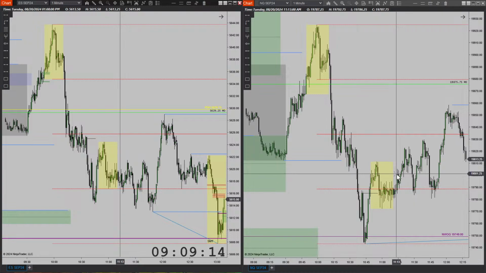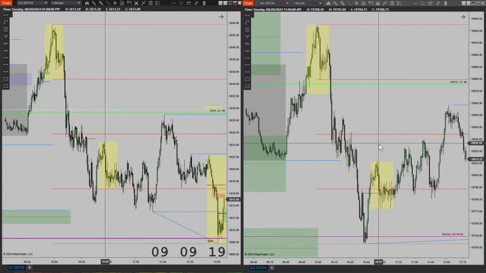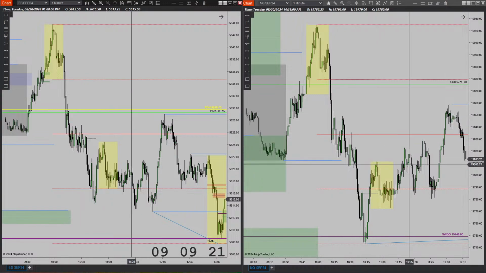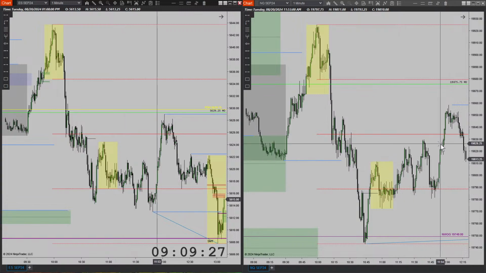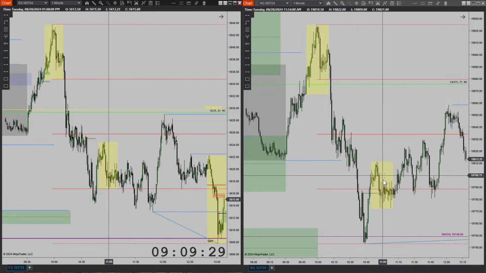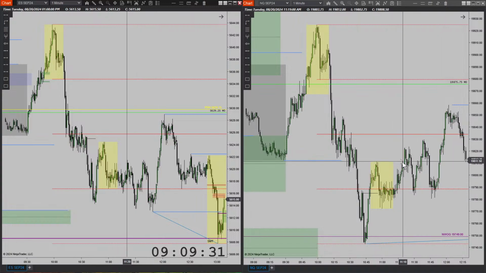Only after price closed above 50% of the range, I jumped in, and honestly, I jumped in a little too high. I actually jumped in like right here on a mini, but that's because I was truly sold and I had expected these highs to get swept. And so we had this move, and the up move was not as crazy as this one right here. I wanted something like this, not something like this. Again, lethargic.